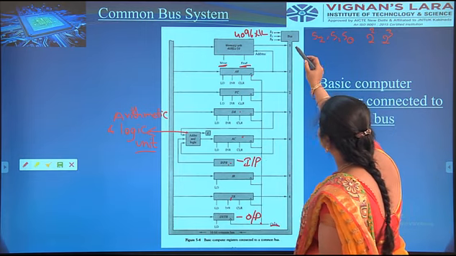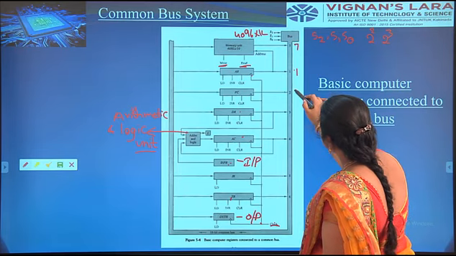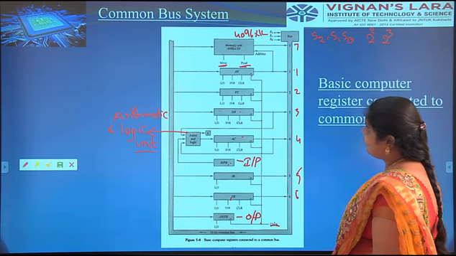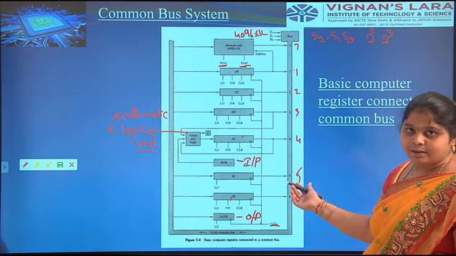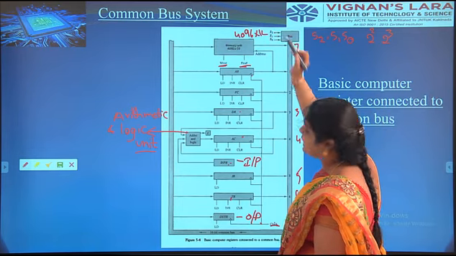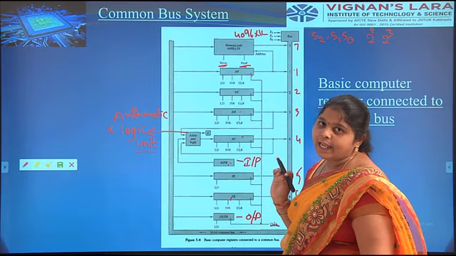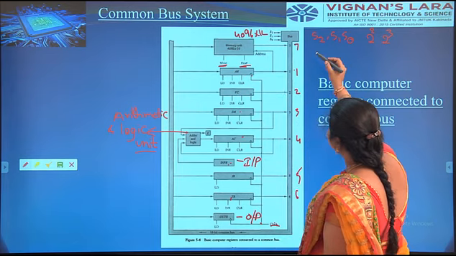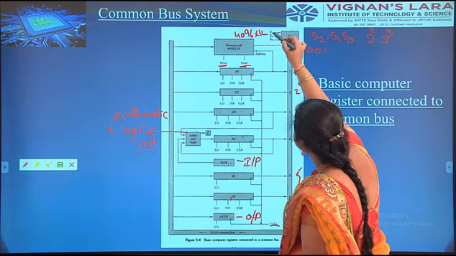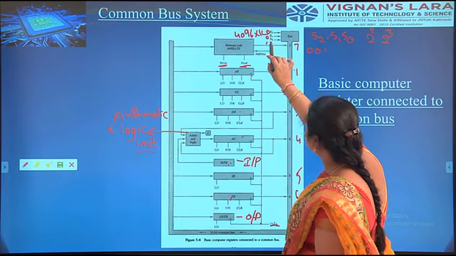Here we have to take the common bus, 7, 1, 2, 3, 4, 5, 6. Based upon this diagrammatic analysis, we have to take input as S2, S1 and S0. For 1, we have to take 3 bits as input to the common bus. 1 means we have to select it as 0, 0, 1, which means S2 is 0, 0, 1. Here the input is 1.